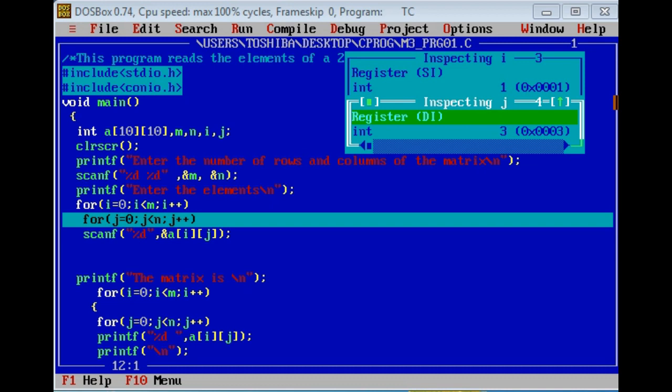Now I am starting with the second iteration of the outer for loop. You can see the values of i and j being inspected, which shows that i has become 1 and j is actually 3. The reason for that is that I have not yet started with the inner for loop for the second time. I am yet to start the inner for loop for the second iteration of the outer for loop. So with just one step,